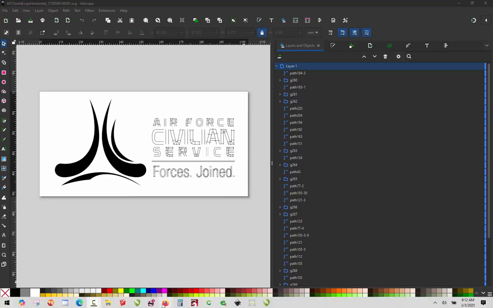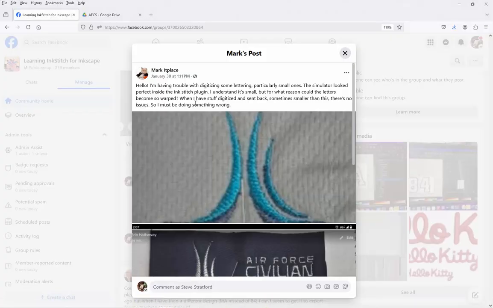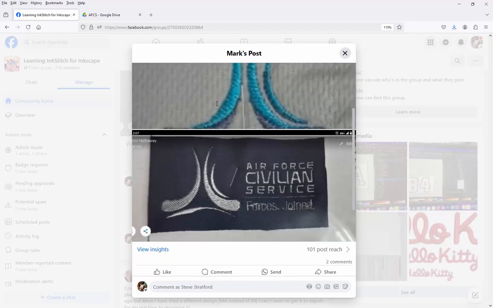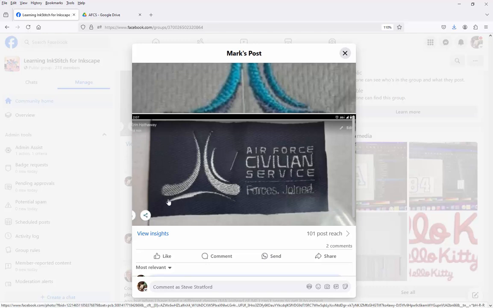And let's go over to our Facebook group. It's called Learning Inkscape and InkStitch, and this is Mark's post. And what he's saying is that he's having trouble digitizing some lettering, particularly small ones. The simulator looked perfect inside the InkStitch plugin. I understand it's small, but for what reason could the letters become so warped? When I have stuff digitized and sent back, sometimes smaller than this, there's no issue, so I must be doing something wrong. And in particular, if you look at this particular design, you could see that this text especially is